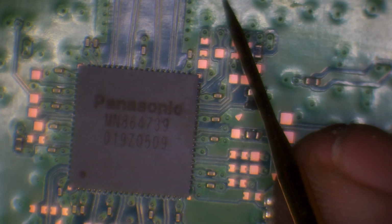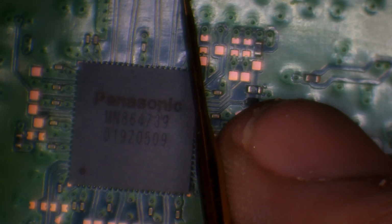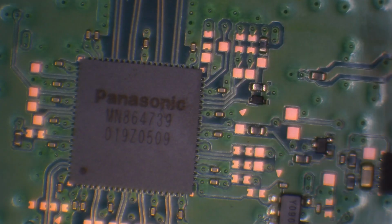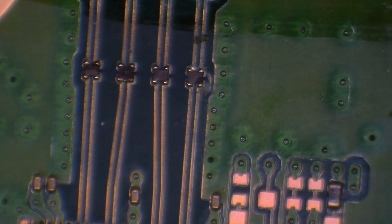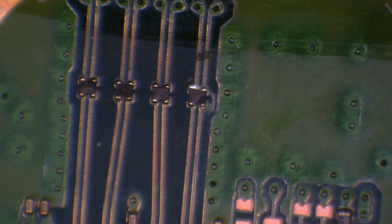The problem is we don't really have any. These filters are all going to be fine, by the way. I'm getting a diode reading on every. Oh, hang on. I am getting a diode reading on every one. That's not normal. I don't know if that's just because I've just basically pushed the solder on the filter. It is possible I've just pushed the solder on the filter, but that bridging,